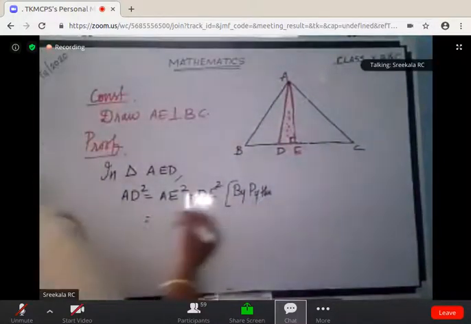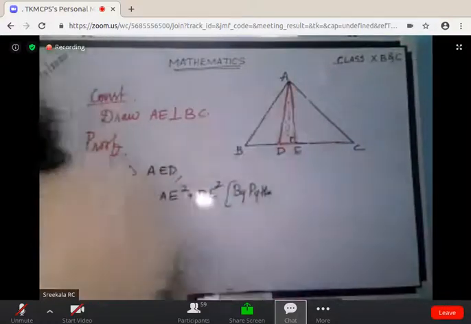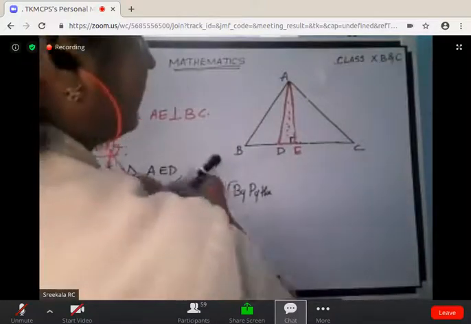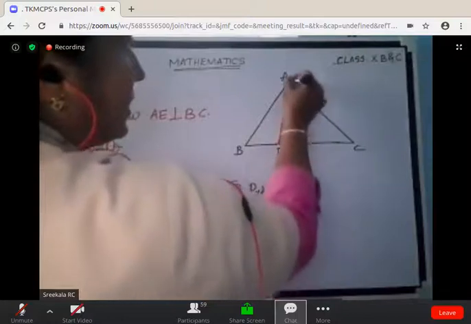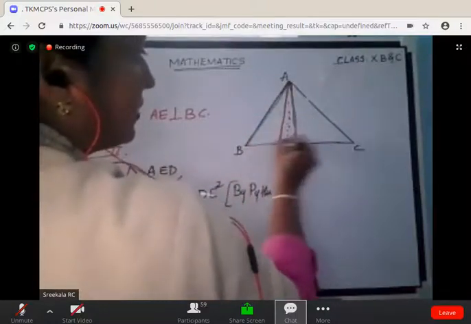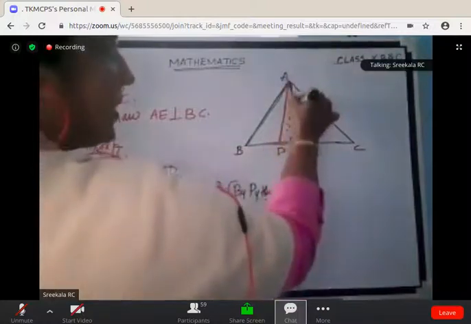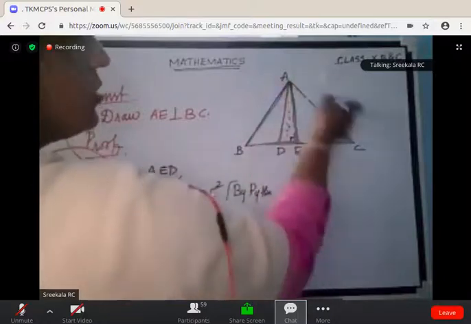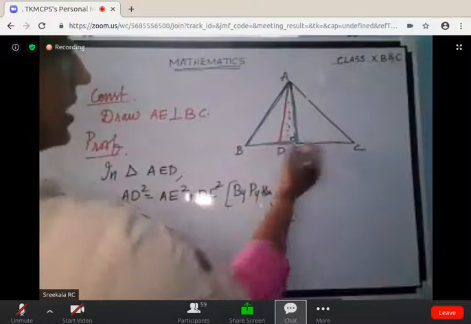So here AE square. How can we write AE square? Consider this right triangle AEB. Here we can convert AE square into AB square and the base, isn't it? Convert this into outer sides. Okay, so AE square can be written as